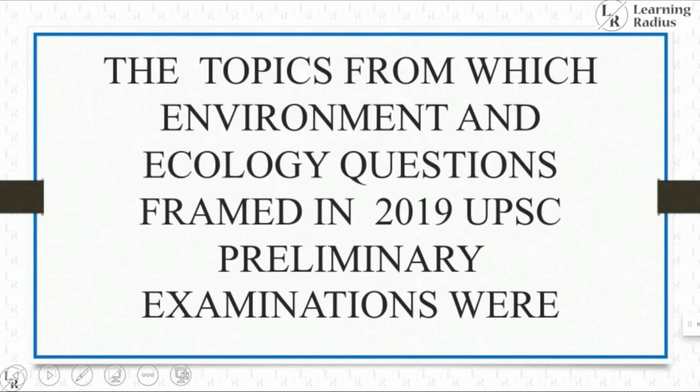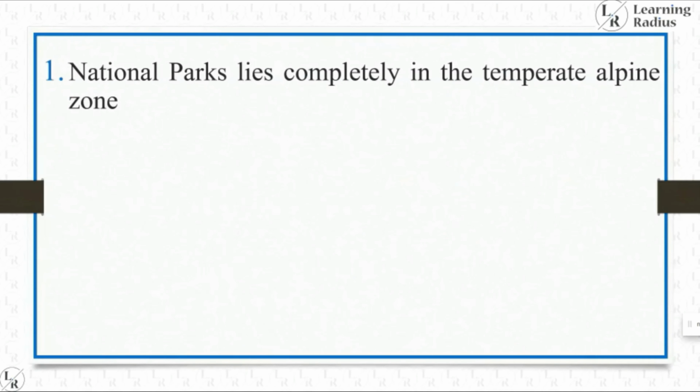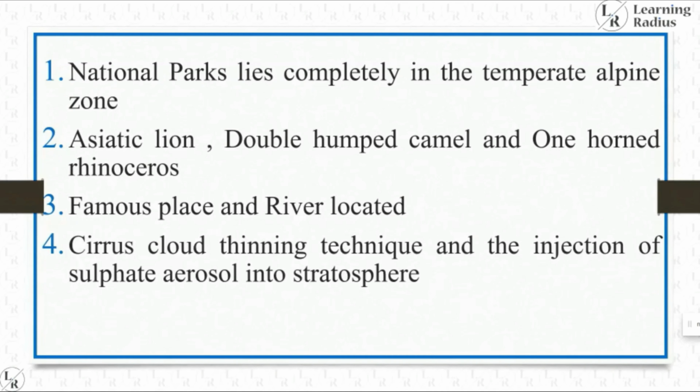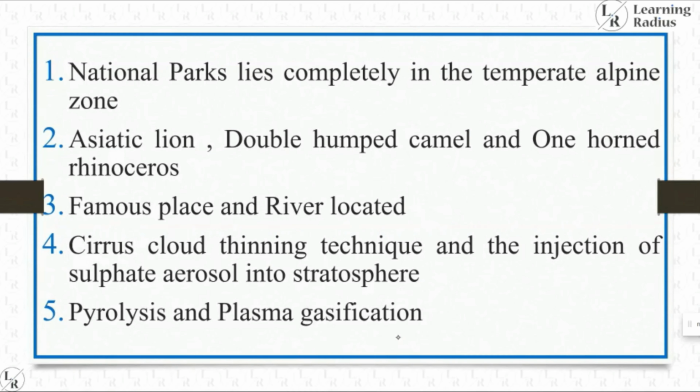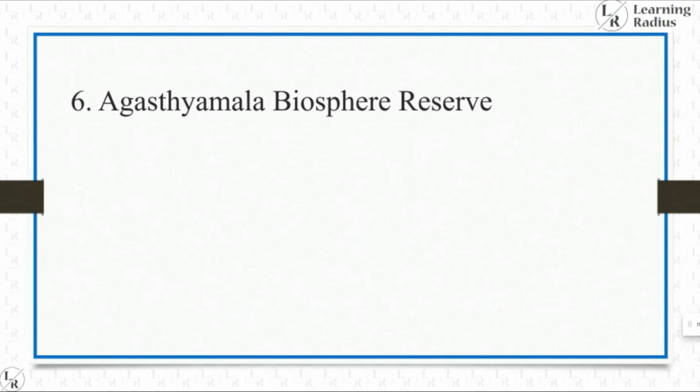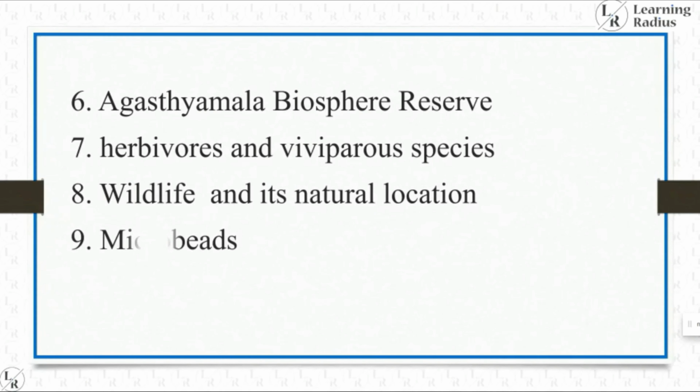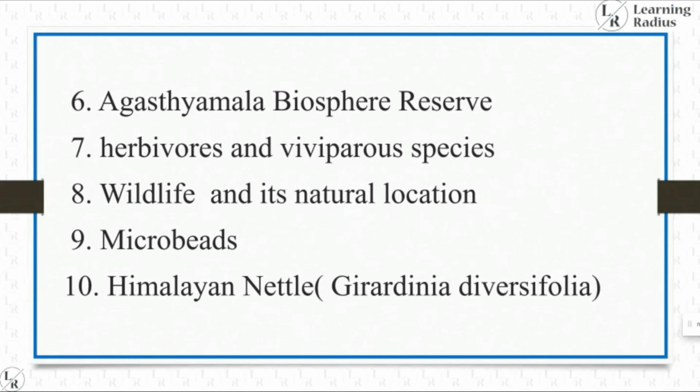The topics from which environment ecology questions framed in 2019 UPSC preliminary examinations were: national parks lying completely in the temperate alpine zone, Asiatic lion, double hump camel and one-horned rhinoceros, famous place and river located, cirrus cloud thinning technique and the injection of sulfate aerosol into stratosphere, pyrolysis and plasma gasification, Agasthyamalai Biosphere Reserve, herbivores and viviparous species, wildlife and its natural location, microbeads, Himalayan nettle Girardinia diversifolia, satellite images or remote sensing data used for estimation, percentage of forest cover to the total area of surface, total area of state,